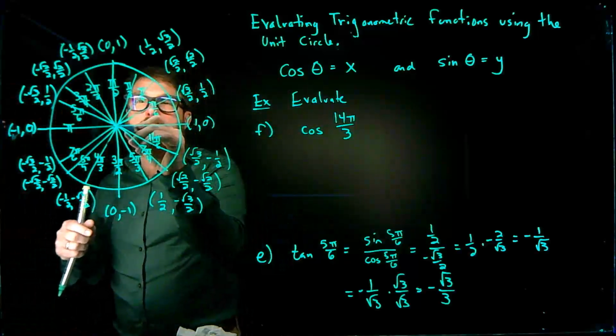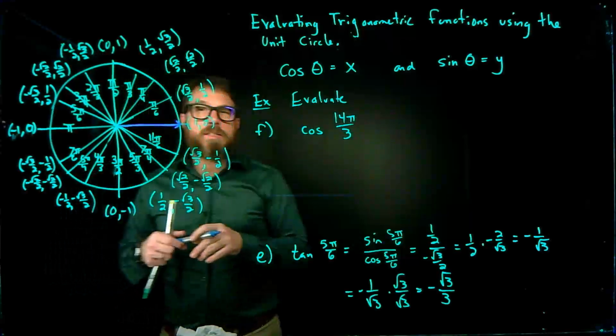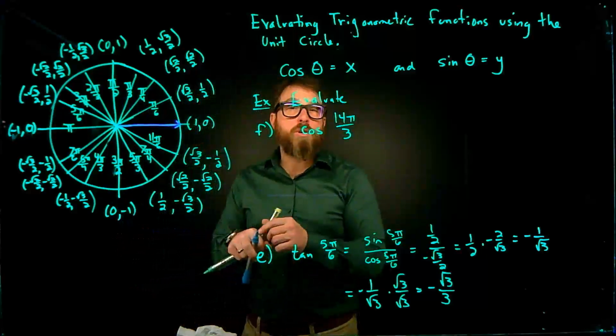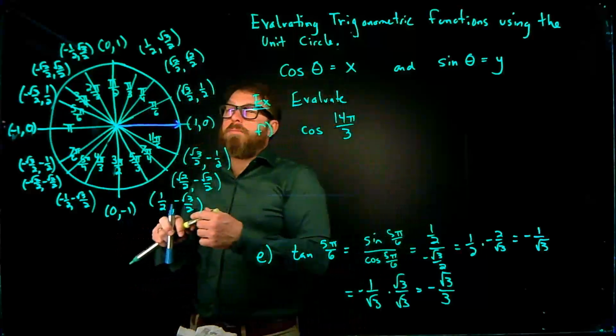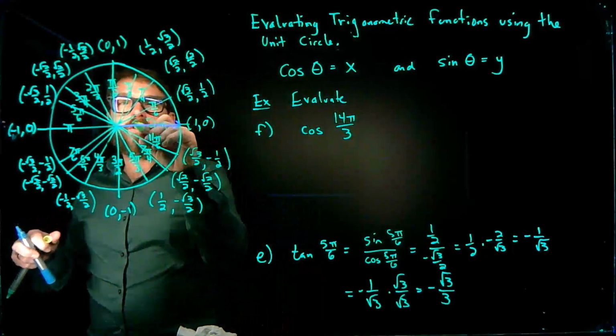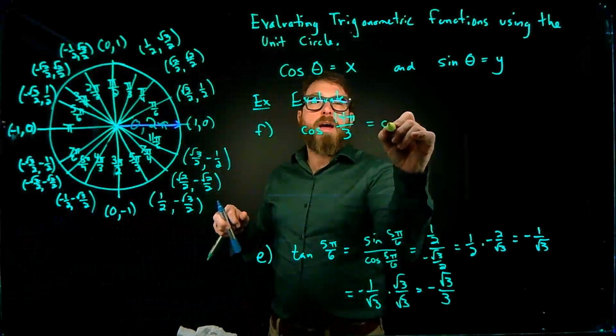Because really, we always have an angle in standard position, so it's positive. Its initial side is on the positive x-axis, and its terminal side is going to live somewhere on the circle. So what I can do is, since this is periodic of 2 pi, the angle 0 or the angle 2 pi, I can take our 14 pi over 3 and turn it into